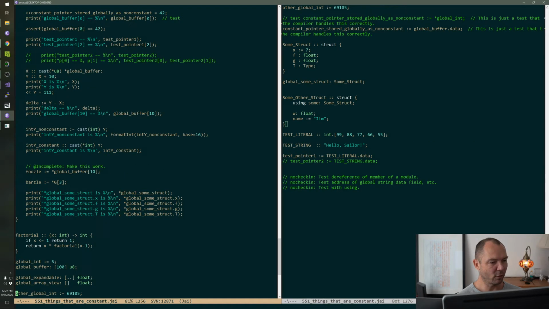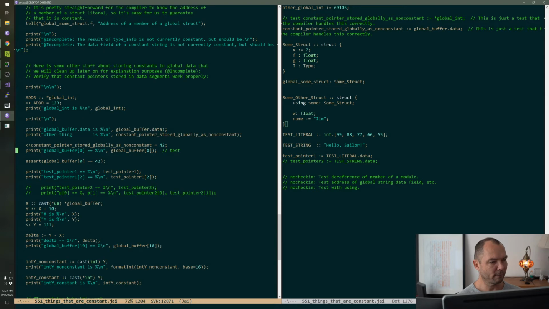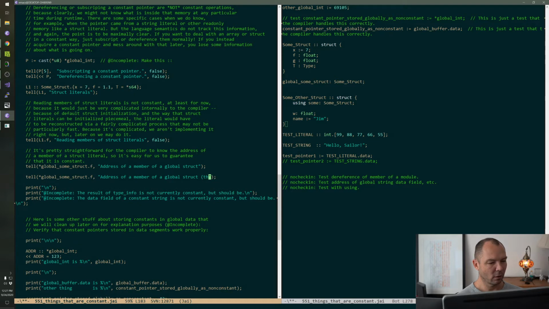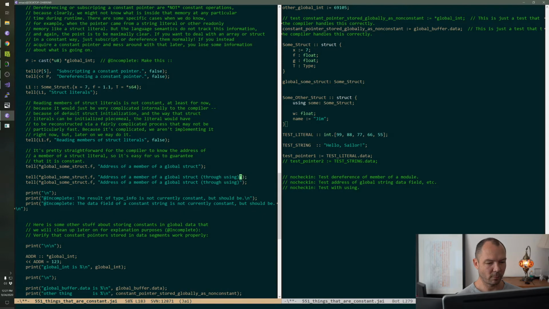Oh, we'll go back over here, and we're going to say address of a member of a global struct through using. Actually, we'll do two versions of this. Recursively, right? So we should be able to say .sum.g, right?